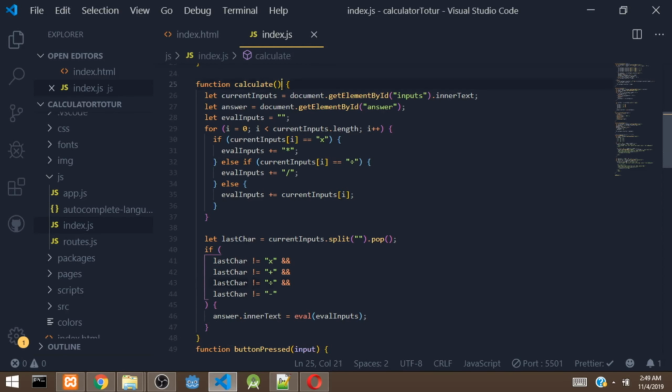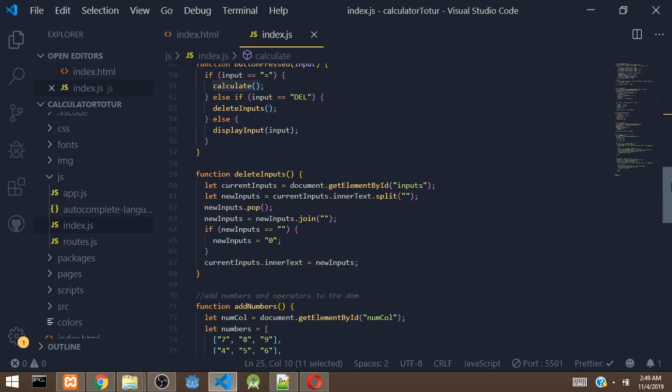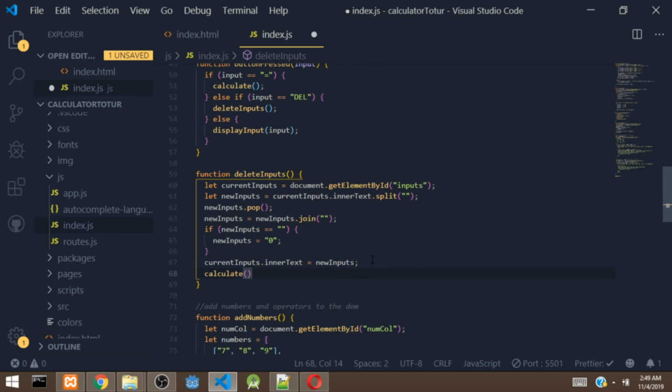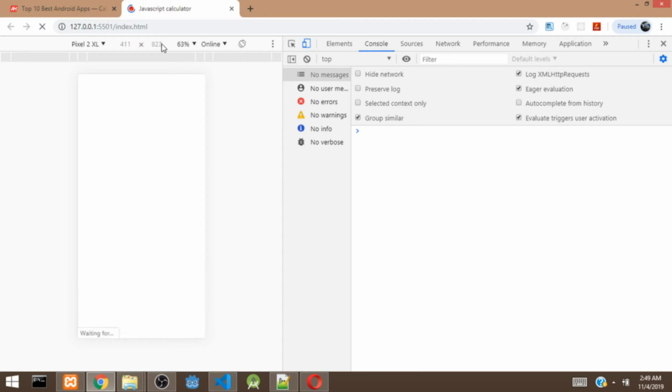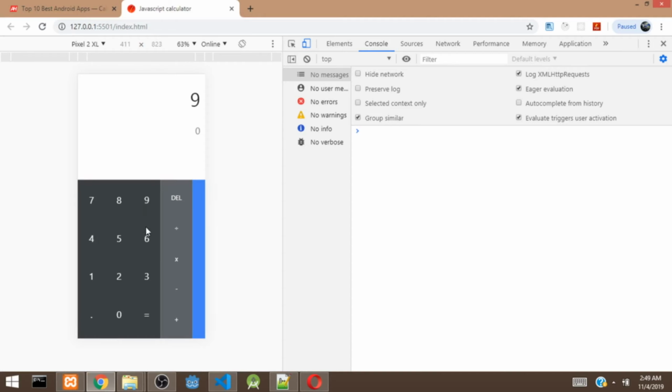So we are going to add this calculate function to the delete function below here. Then anytime the user clicks on delete, it also calculates it. Let's see if it's going to work. Okay,